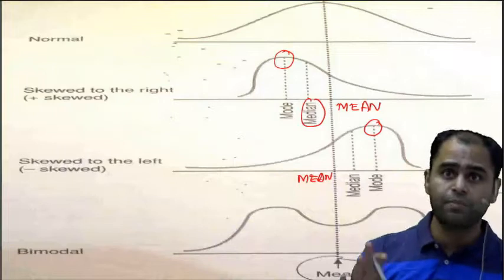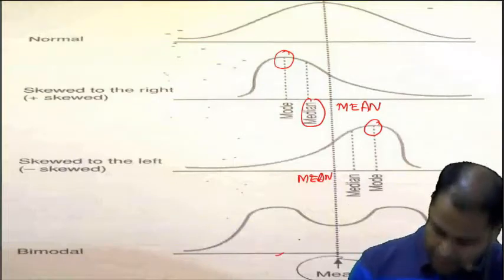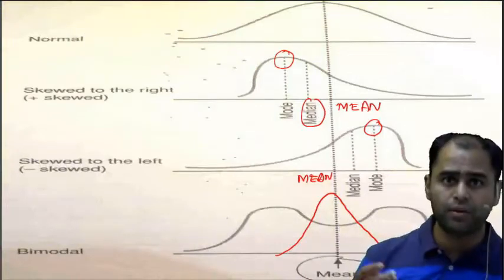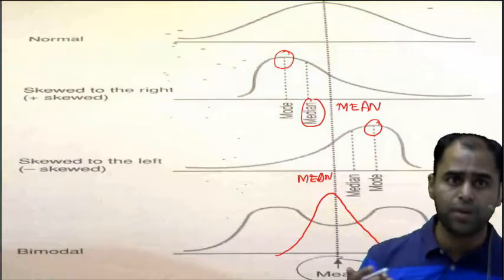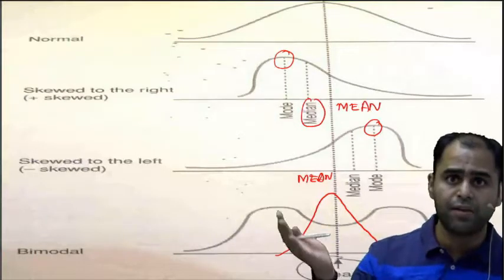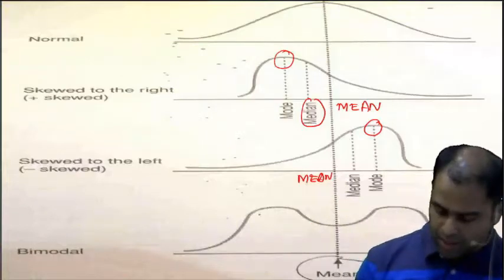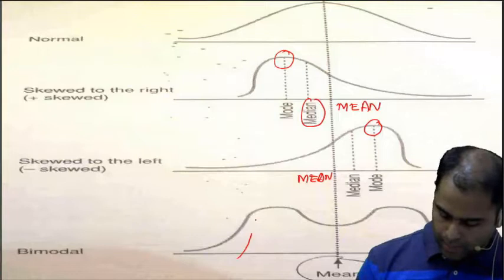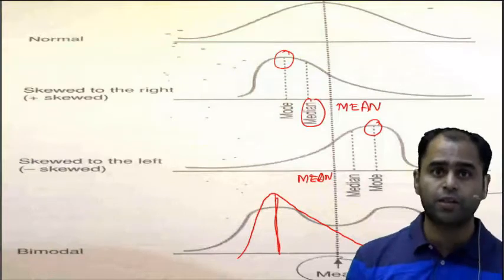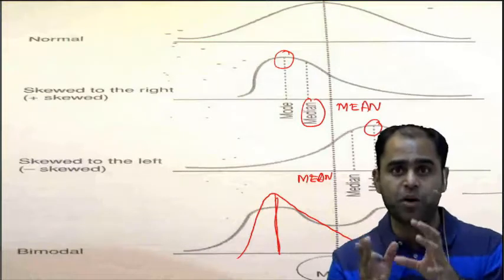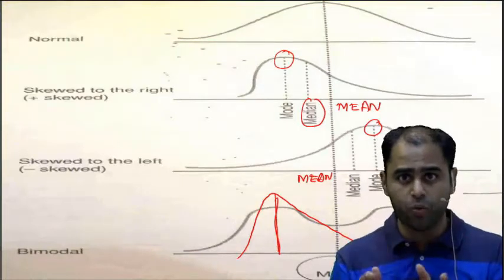Now see why this diagram is important. In the previous AIIMS, they had merged these 2 diagrams and asked the relationship. Very simple. The red one is the normal curve, whereas below is the bimodal. So the mean will be the same for both, but the modes would not be the same. Now this time they can just change the diagram and draw something like this, where they can have a skewed one where the mode will be the same, but the mean would not. So this diagram as a cumulative is a very important diagram. I hope you are very clear about how we have labeled it.